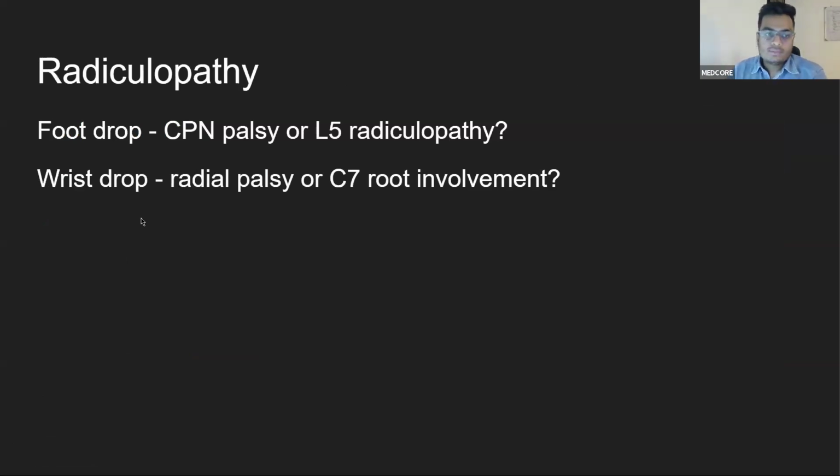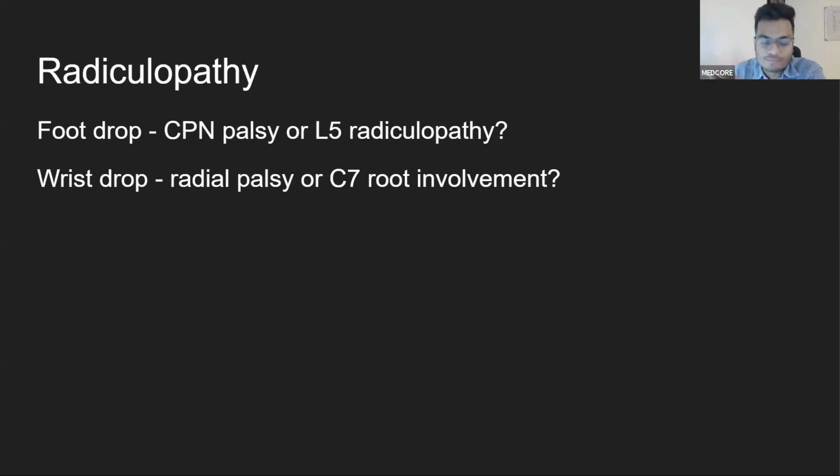So why are we reading radiculopathies? When you see a case of foot drop, the differentials that you give are common peroneal nerve palsy and an L5 radiculopathy. Why does this happen? The L5 root comes from the plexus of the lower limb. When it is involved, its dermatome and myotome will be affected, which means the muscles that it supplies and the sensory part from which it takes the sensation will be affected. So that is why in foot drop, apart from common peroneal nerve palsy, the second differential that you give is